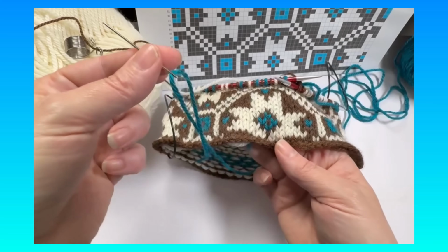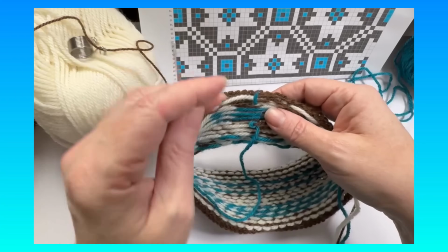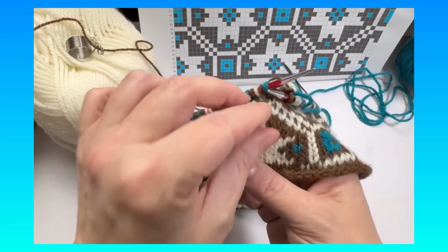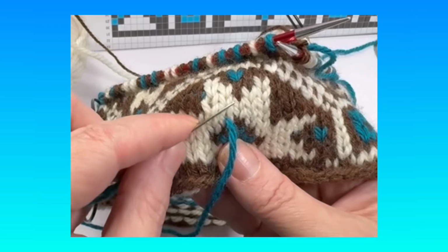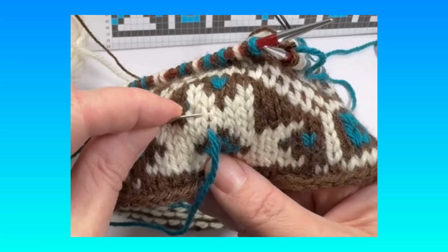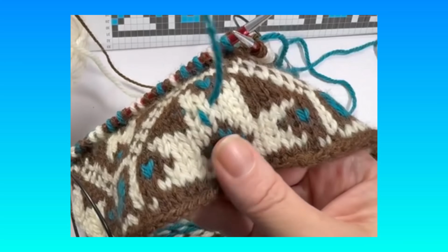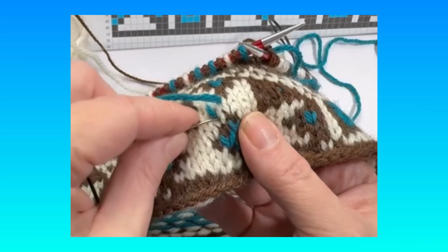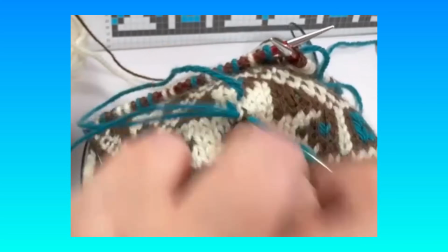Duplicate stitch. So you're going to take that 3rd color, thread it onto a tapestry needle, anchor it in the back. Duplicate stitch is the process of following the path of the stitches that have already been knit. So I came up at the base of this V and I'm going to follow the path of that V. I'm going to go up behind the stitch above it, draw it through, keeping it a little loose. We want to make sure we don't pull too tight. And then go back down into the base of the V, come up in the next V,